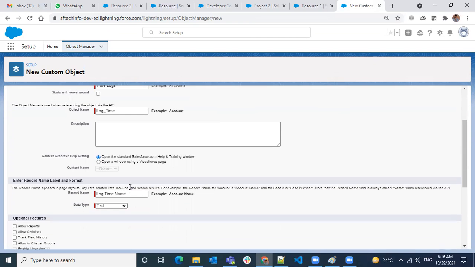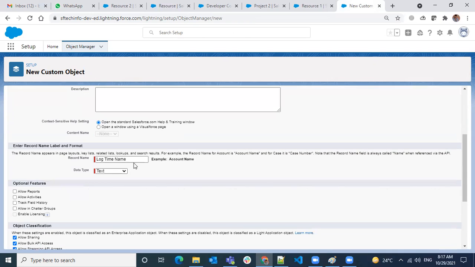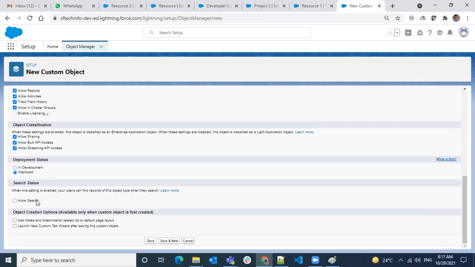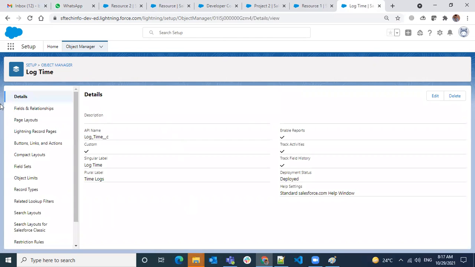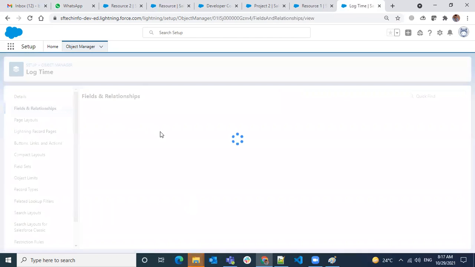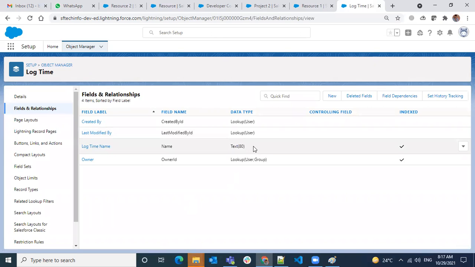Name here, time name. Search and save. So I want every resource to log a time, so I want to map it to the resource.